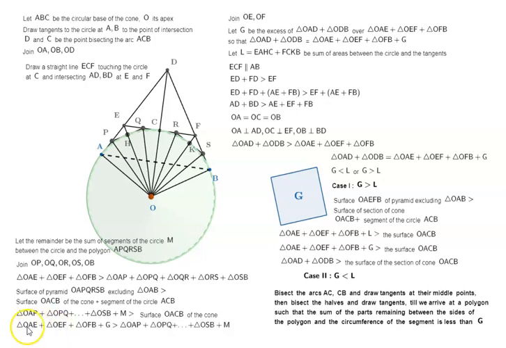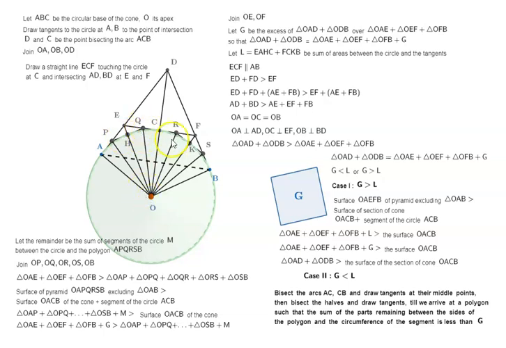So now triangle OAE plus OEF plus OFB plus G is greater than the triangle OAP